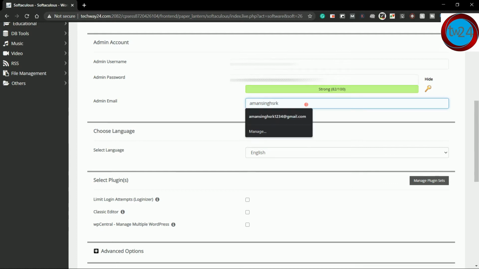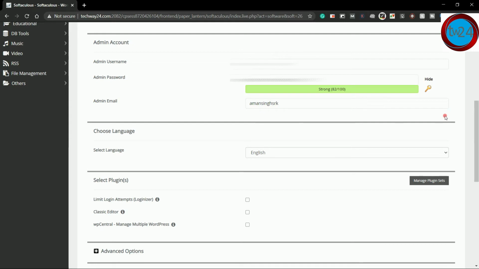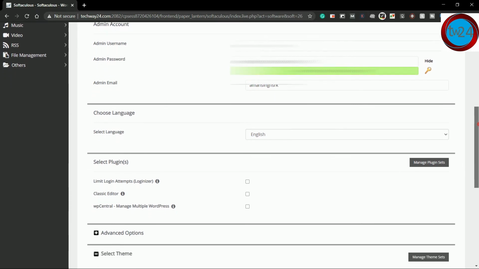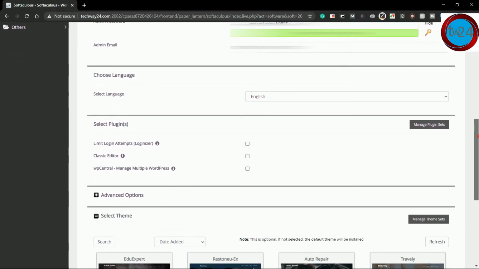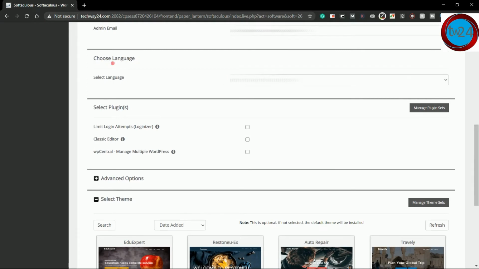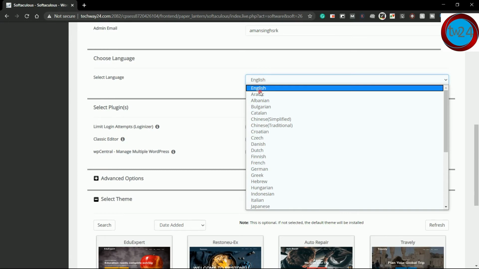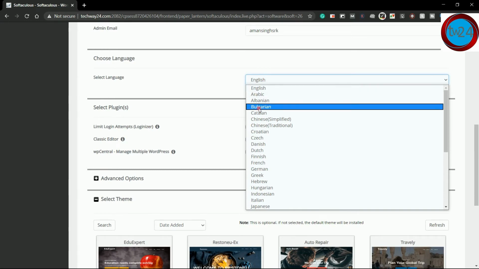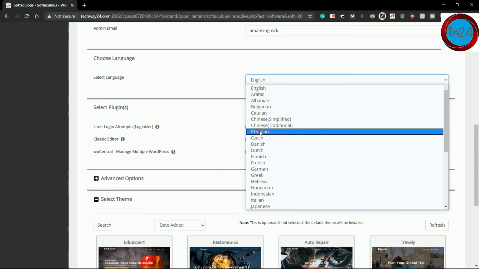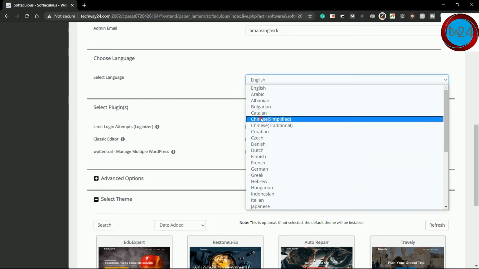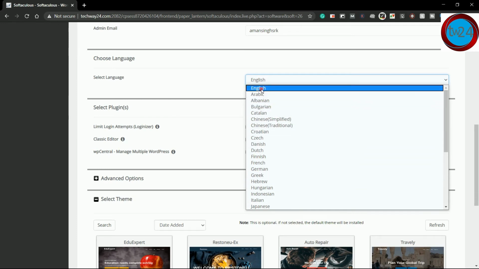As you can see, I am entering my own email ID. Then under choose language, select the language option. As you can see, there are lots of options in which you can install your WordPress. In my case, I will select English.